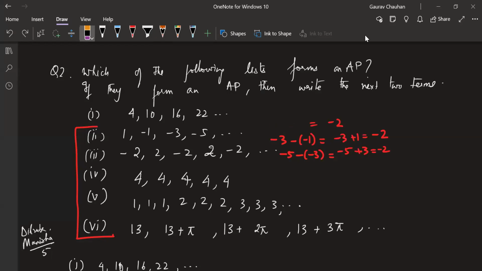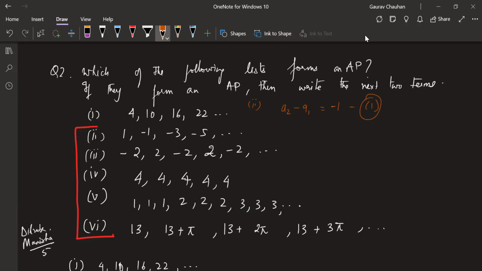Okay, I'll just quickly explain for the sake of the recording here. So in the second one, this is a common mistake which I think a lot of you made. MG, you also made, and I made a mistake in telling that you were right. So I'm doing the second one. Okay, so A2 minus A1, that's equal to how much? 1 minus 1 is A2 minus 1. Okay, so this is minus 1 minus 1, that's basically equal to minus 2.